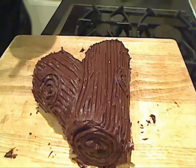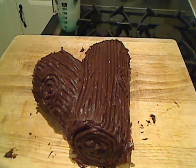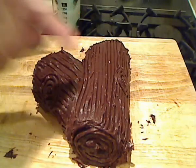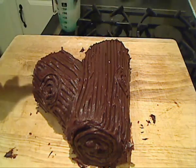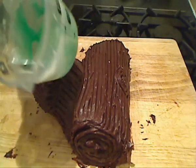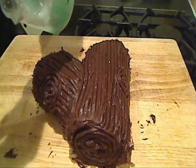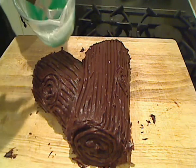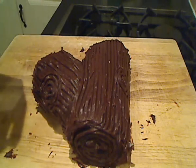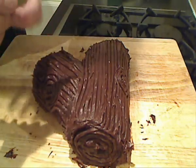Now for the final finishing touches, for the holly, you can get any decorations to go on the top. Or what I would do is actually make a little bit of icing and some green food dye, or you can just mix blue and yellow together, and then put it into a piping bag. It just depends how creative you are, really. I'm going to